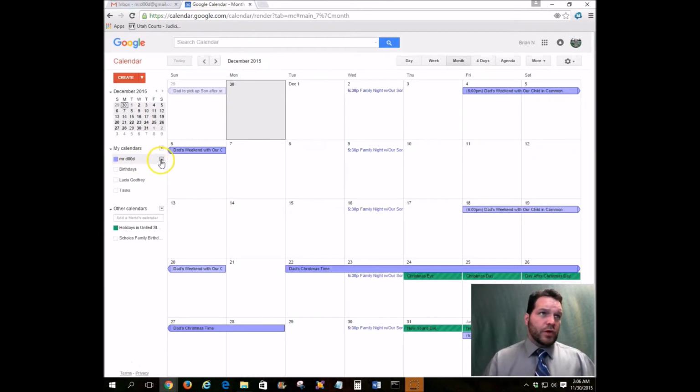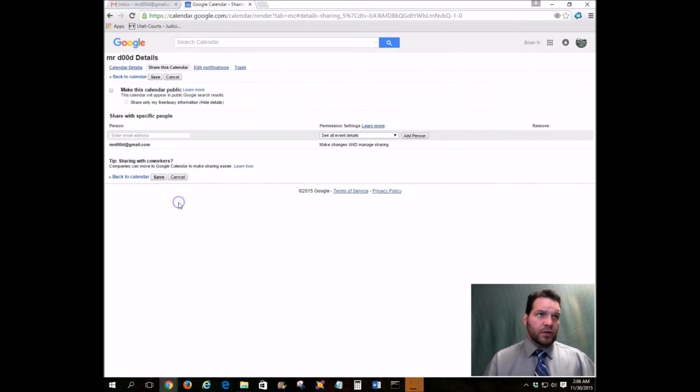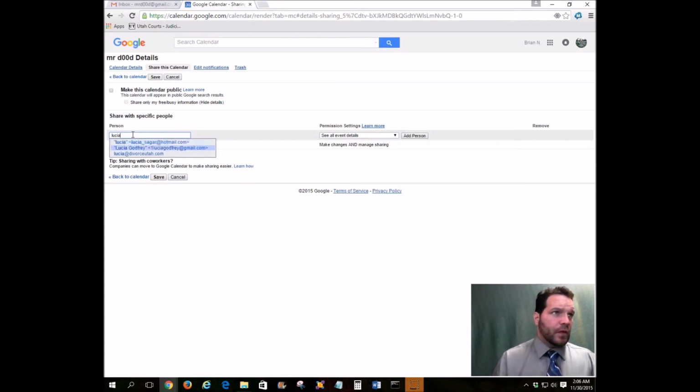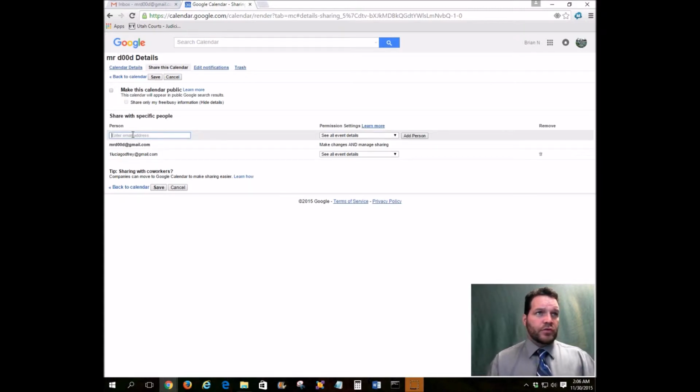You can share who gets to see your calendar by clicking on the drop down arrow there, clicking on share this calendar, and you can add the person's email. I'm going to add my current wife so that she can see. And notice I've put see all event details here. We don't want to make changes and manage sharing. You just want your former spouse to be able to see the calendar, not make changes. Obviously, that wouldn't make any sense if they could just change the calendar, because you want to use this to